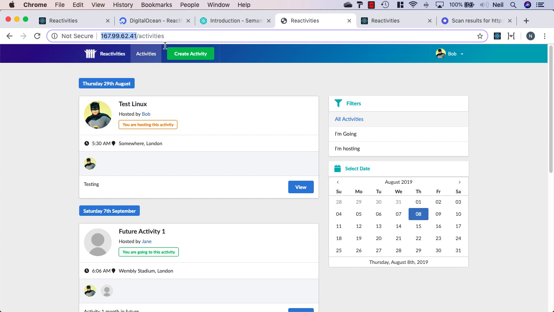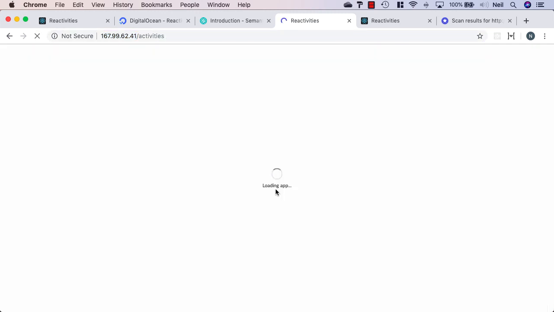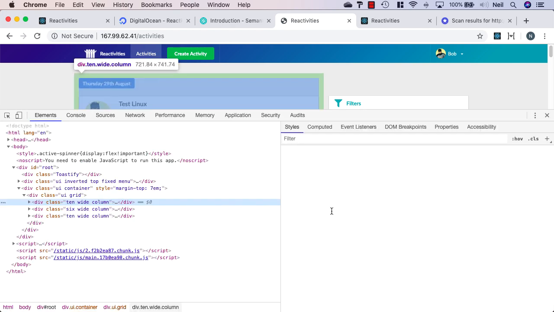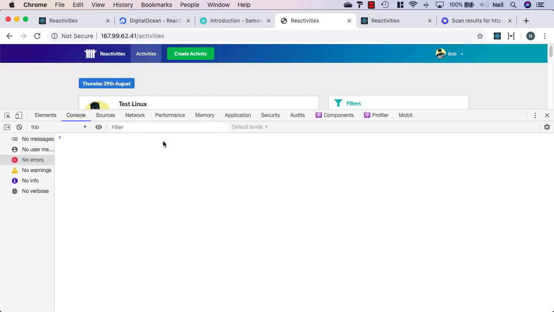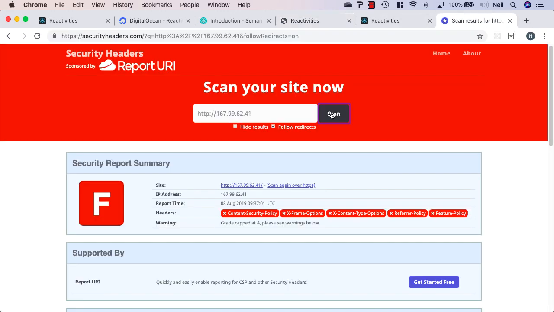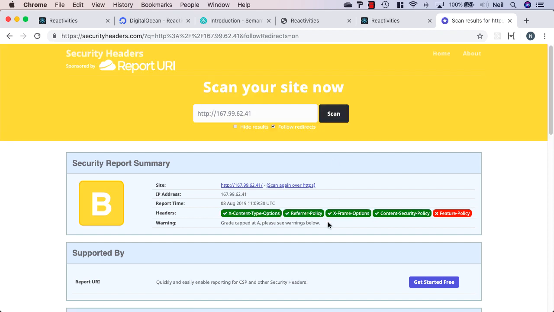So let's just take a look. Make sure our application is still working first of all. And this looks good, so I'm just going to make sure there's no errors in the console. And the console is clean. But the real test is what happens when we test this in our security headers. So I'm just going to go back to this particular tab, paste in the URL and hit the scan button,